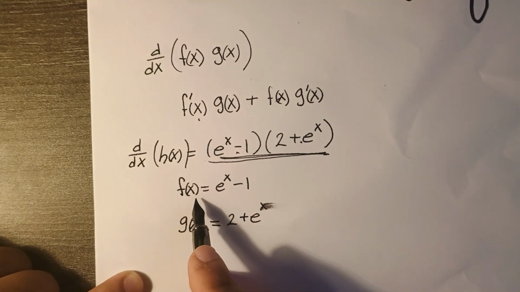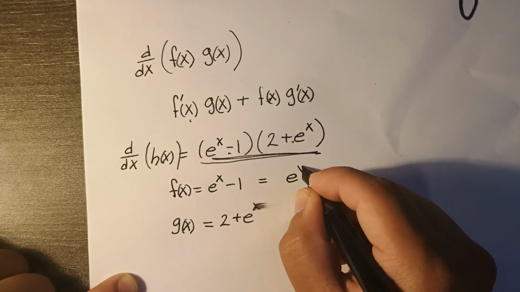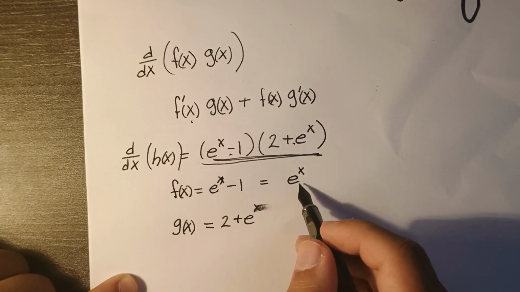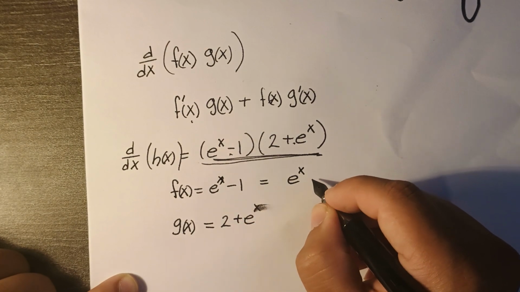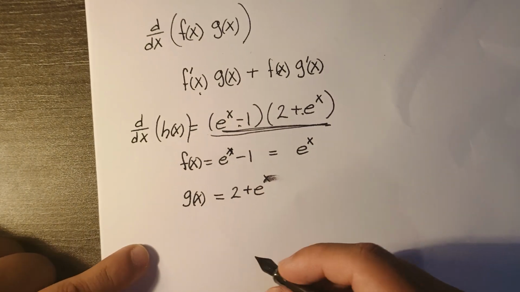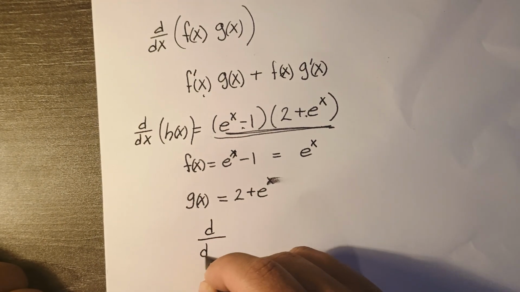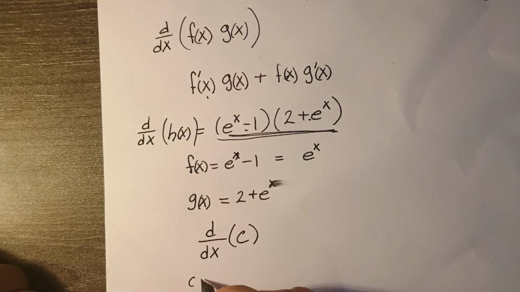So I'm going to take the derivative of this one first, which is the derivative of e to the x, which is just e to the x, and the derivative of the constant is just, oh yeah, man, I think I forgot to talk about those in previous videos. So the derivative of a c, for constant,